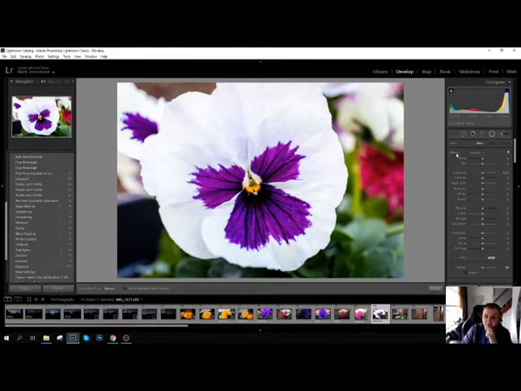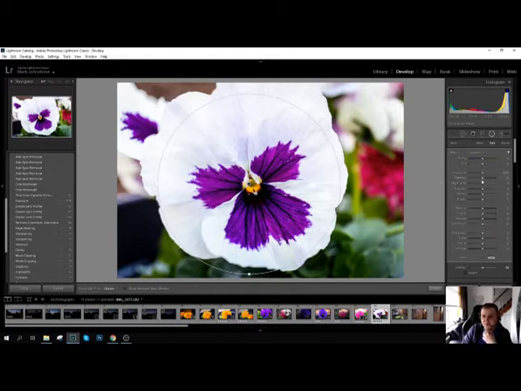What you can do is make sure all your effects are clear by double clicking effect, and so what we want to do is actually just highlight the whole flower. So we want to actually just highlight an area of the flower. So we're going to just drag that over like that and make it maybe a wee bit bigger, probably about that. So to draw attention, what I will do is I'll reduce the exposure,